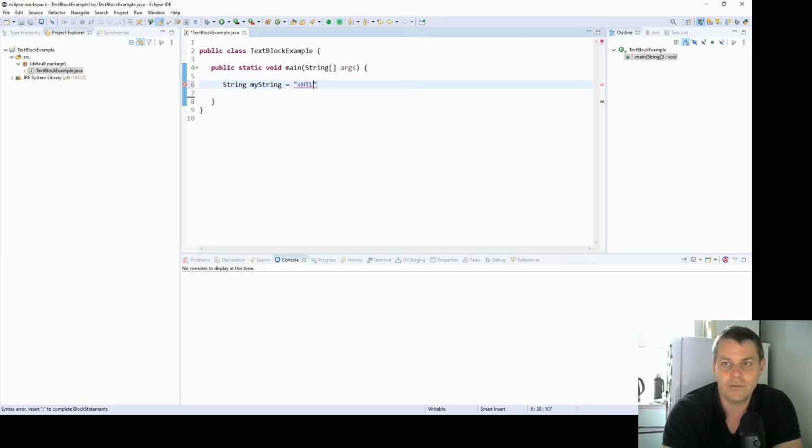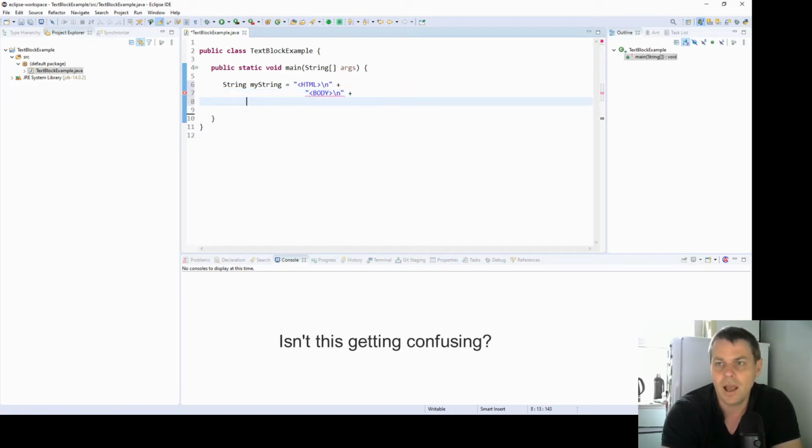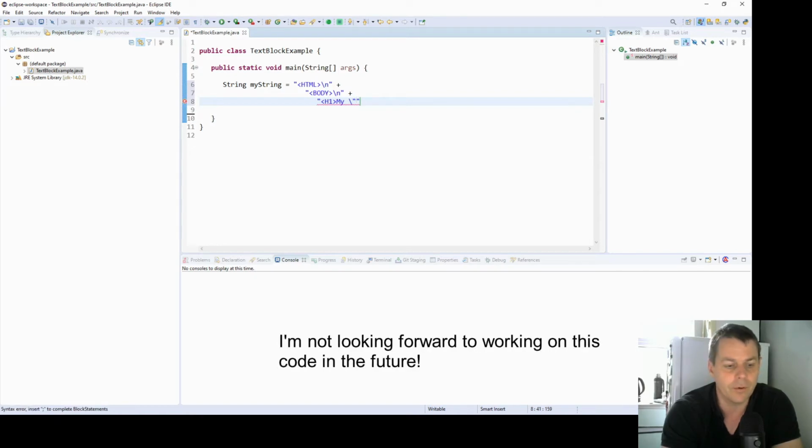In this string I'm going to have html as an opening, and then I'm going to have a new line, and then the next line is going to be body, and then another new line, so escape character n, and then I'm going to put an h1 tag for heading level 1, and in that I'm going to put a string, and I'm going to just say my, and string I'm going to put in quotes, so I need an escape character for the open quote, string, escape character again for the close quote,